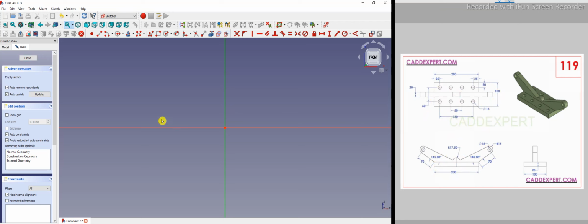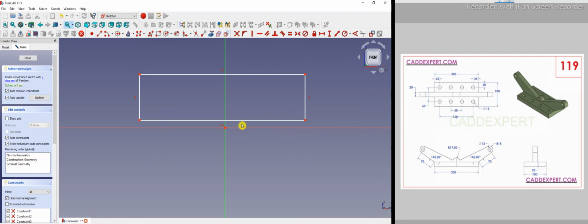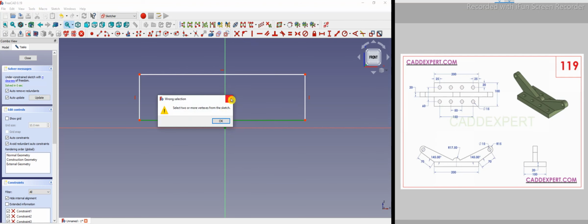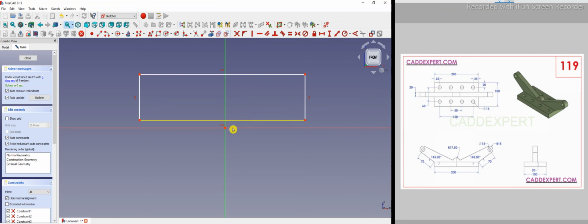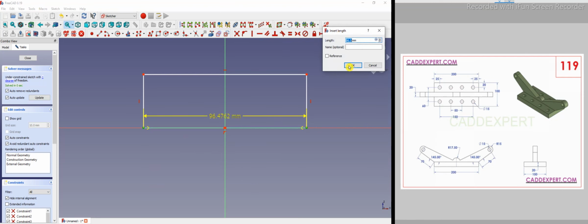So I will create a rectangle here, and I will select this line and this point, and I will make this point and this line coincident, and same I will select this point and this point, and this axis I will make it symmetric, and my dimension is 200 here, so I will select the dimension of 200,